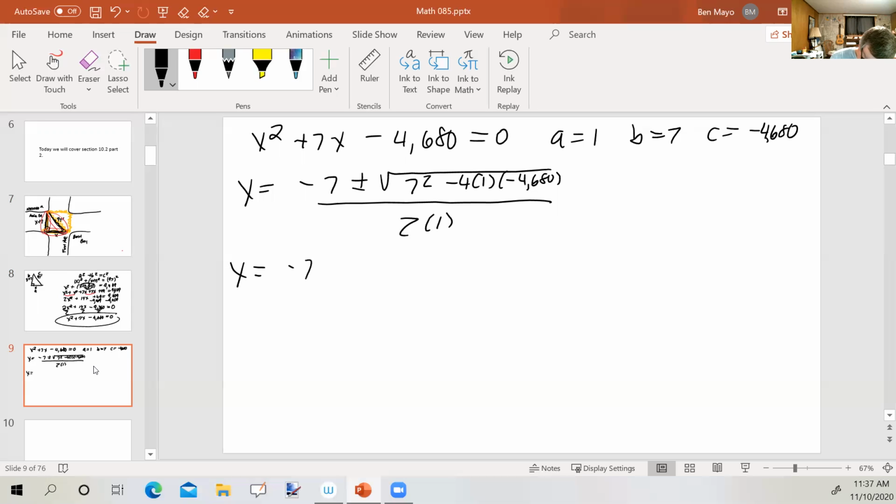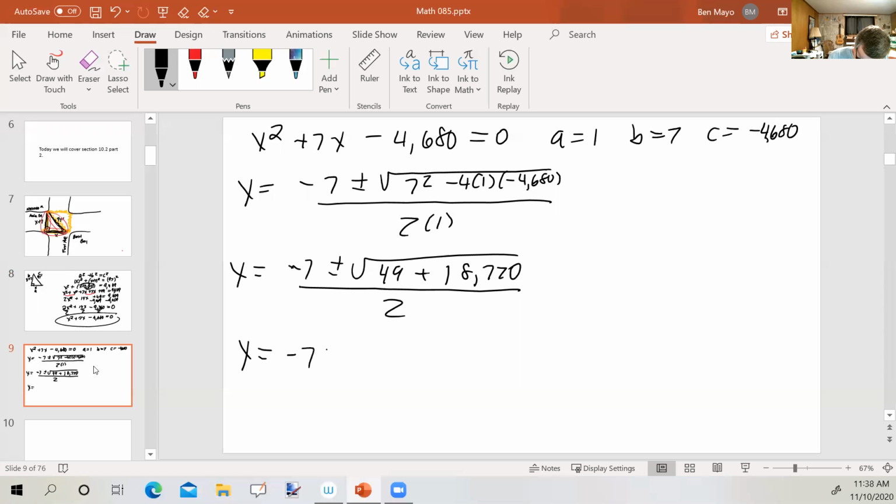X equals negative 7 plus or minus the square root of 49. We've got minus 4 times 1 times minus 4680, which is going to be plus 4 times 1 times 4680, which becomes 18,720. Boy, these numbers are big, aren't they? All right. X equals negative 7 plus or minus the square root of, let's see, 18,720 plus 49 is